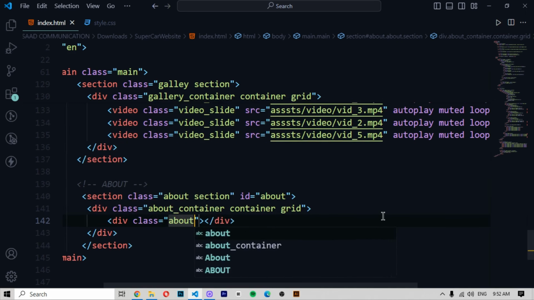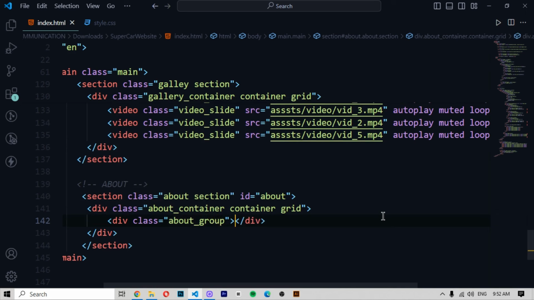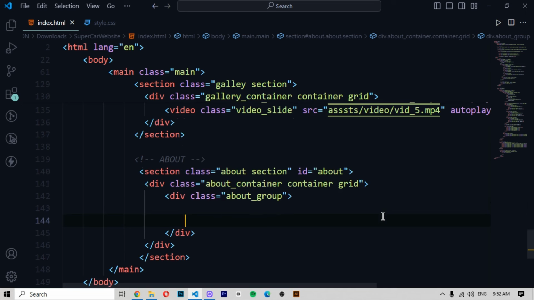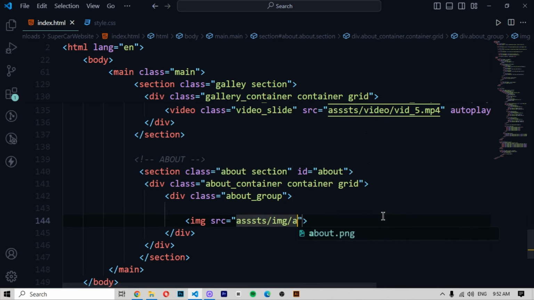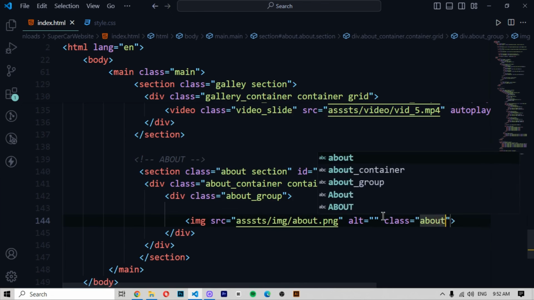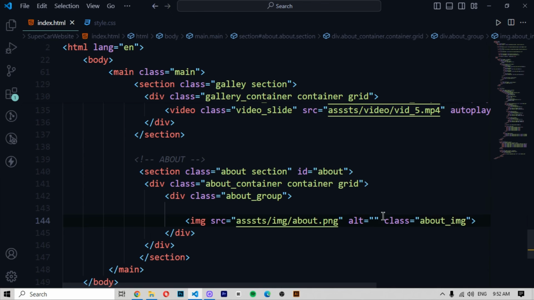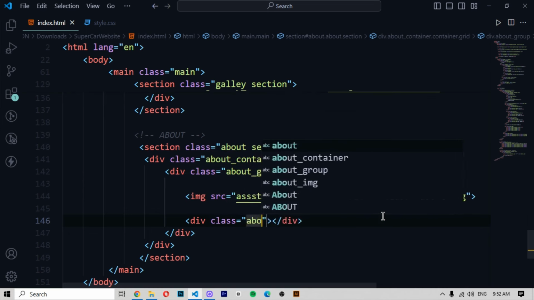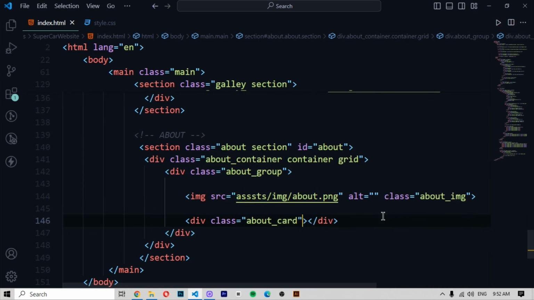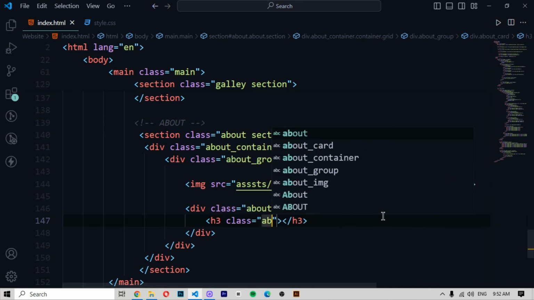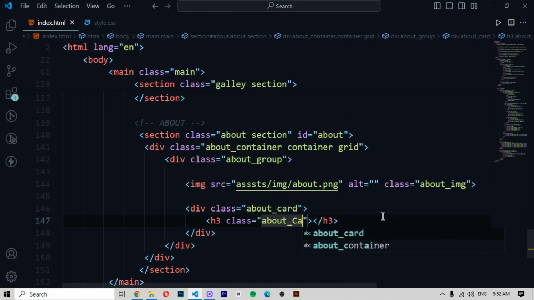Then div, class will be about group, and then enter, then write image directly assets img about.png, then alt, then class will be about img, then div, then class will be about card, then h3 class about card